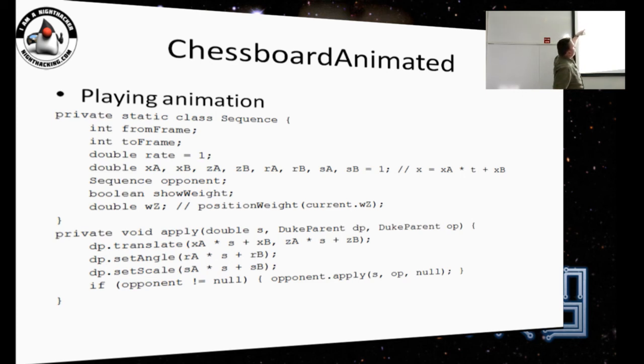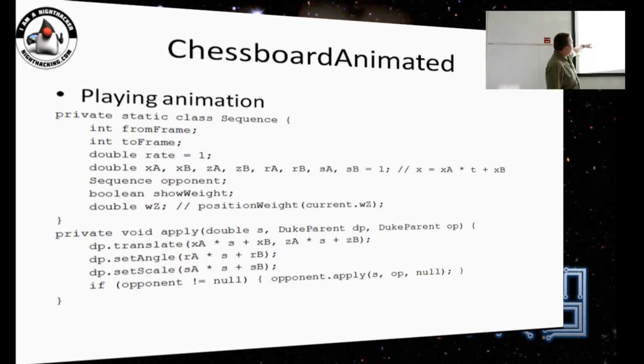I don't know why I called it sequence, but it holds the frame number where the part of the animation we are interested in starts. Then it holds some formulas to move the object around. So we translate it, rotate it and even scale it using linear formulas depending on time.